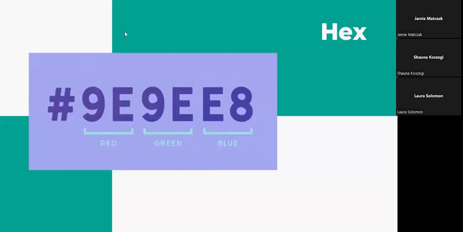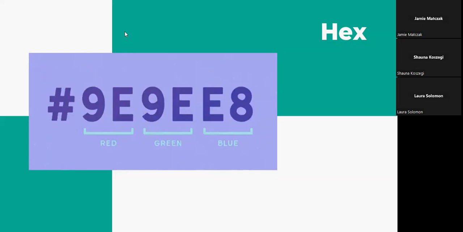And Chris says, yes, we use hex codes. I also have the colors in their CMYK values for printing. Yes, so as Chris has pointed out, there are 2 different things that have to be converted depending on what medium you're working in. So the amount of each color here is expressed by a combination of a number and or a letter. If you want to know exactly how this works, hit me up afterwards. I'll be happy to send you a link that will explain in great painful detail what that is.